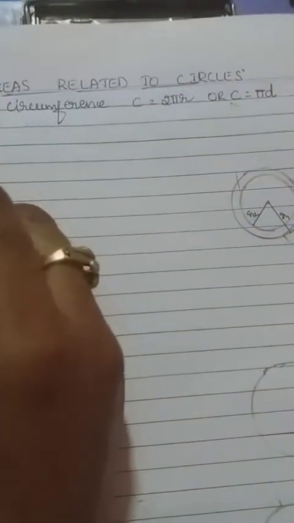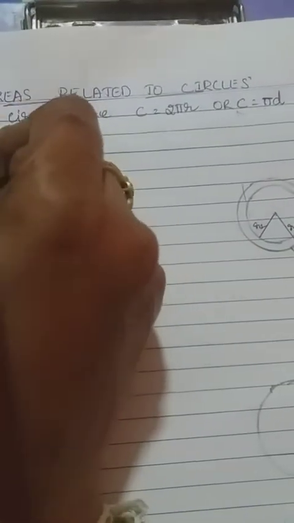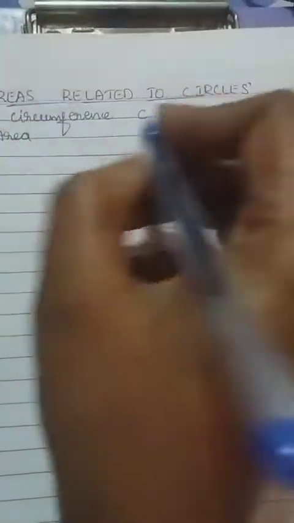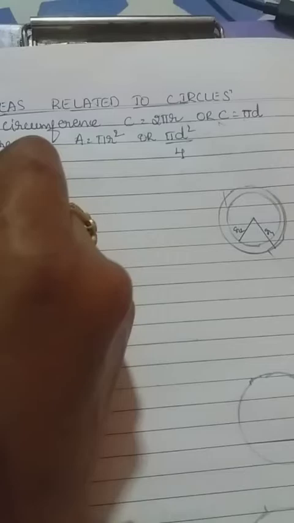And the second formula we have to know about is the area of a circle. Area of a circle is A equal to pi r square. Okay, or one more formula we can write. If the radius is given, it is pi r square. If the diameter is given, it is pi d square divided by 4. Students, note down, d is the diameter, you know already, that's why I didn't mention here, and r means radius. Okay, next, this is the area of a circle.